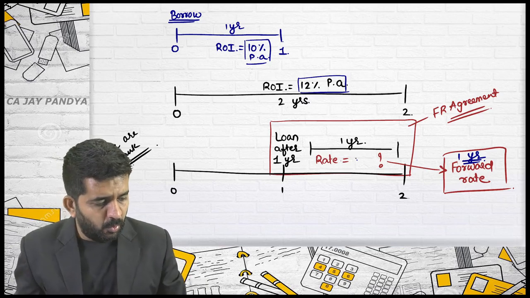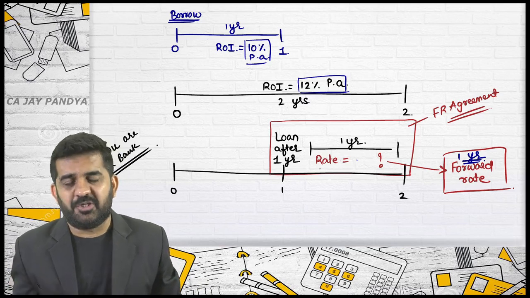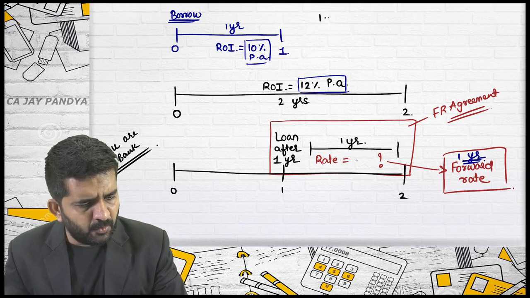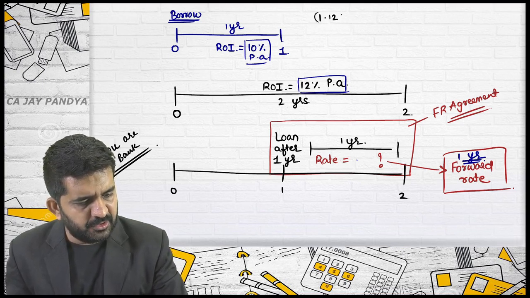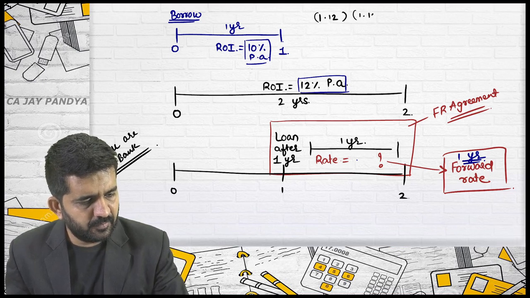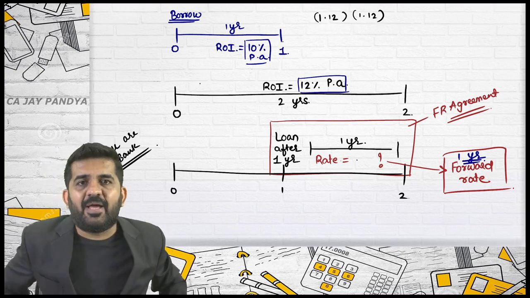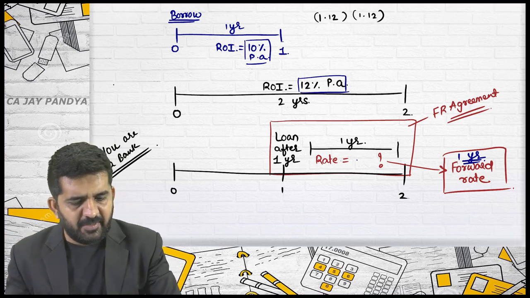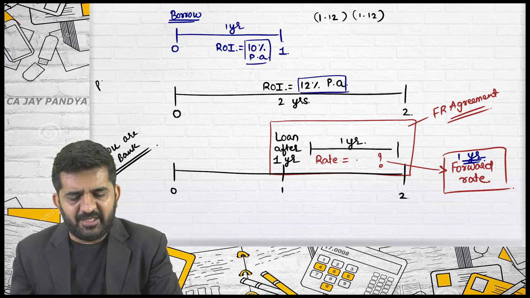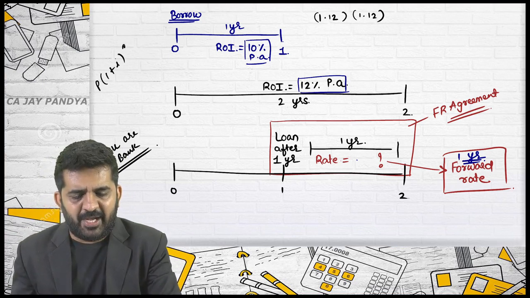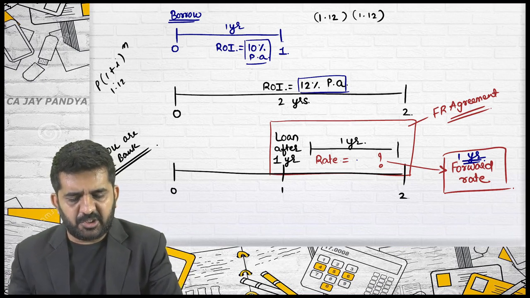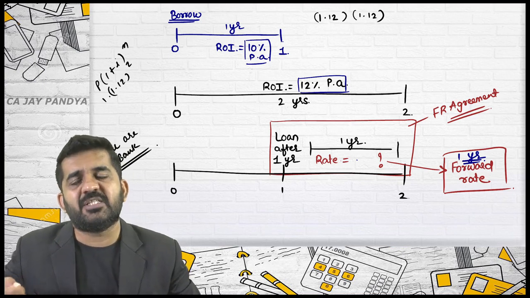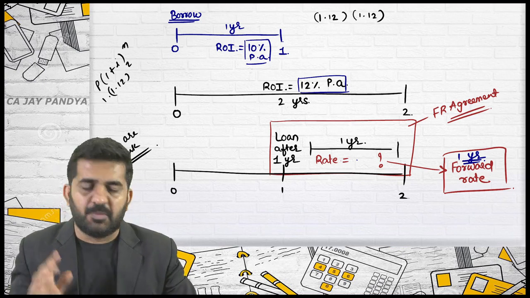So what actually should the rate be? Try to concentrate. The rate should be this. If 1 rupee is invested for 2 years, what amount am I getting? Let me clarify. What I'll be getting is P into (1 plus I) raised to N. If it is 12% rate of interest, it is 1.12 raised to 2, as 1 rupee is invested multiplied by 1. So it is 1 rupee invested for 2 years. I should be getting this money.